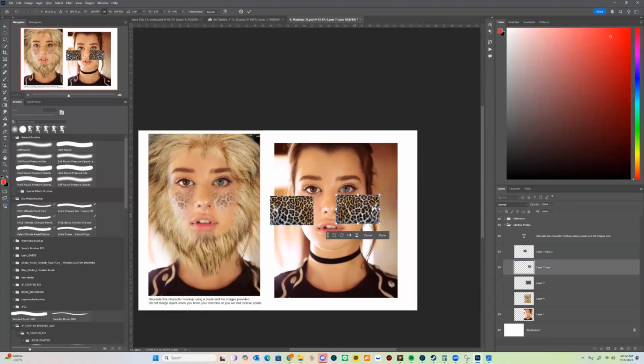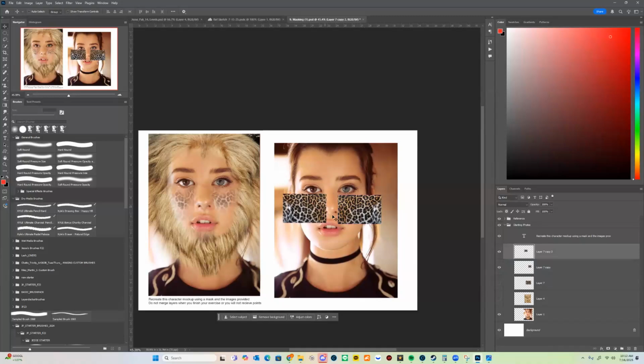Let's go ahead and flip one of them. And it doesn't matter if they're perfect on each other. You can maybe move some of it down or whatever. But what we're going to do is we're going to go ahead and select these two. And I'm going to start off by, and you can hold Shift to select multiple layers,